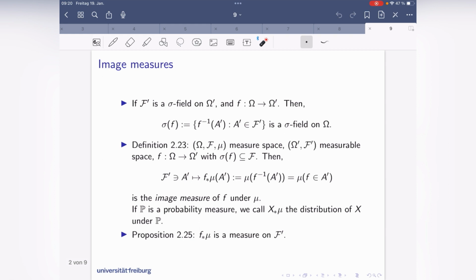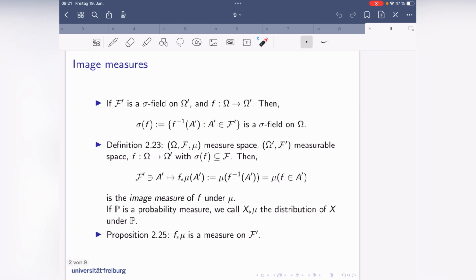And what we also had is the image measure. And we also had that the image measure is in fact a measure, unsurprisingly. So what was the image measure? f asterisk mu of A' is mu of the set f is in A'. Well, and today